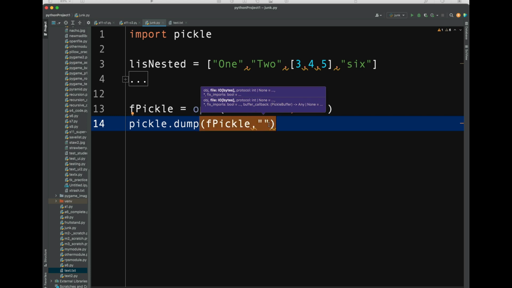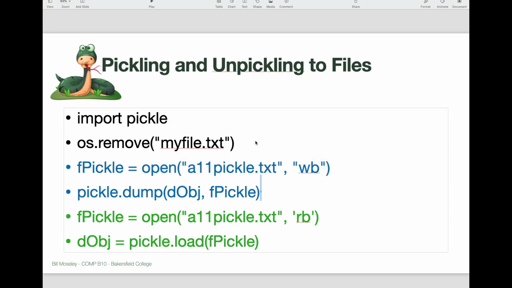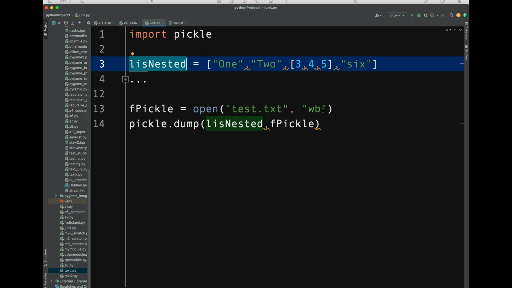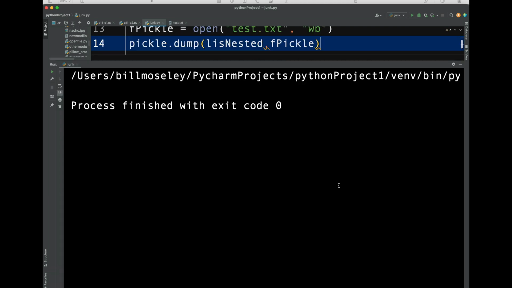Actually, hang on a second. Which object goes first? Let's just double check that. Oh, it's the object, then the file. So I'm going to give it the list, because that's the list I want to save. So I'm saving this right here in that file, and this is the file pointer that I opened. So if I run that,